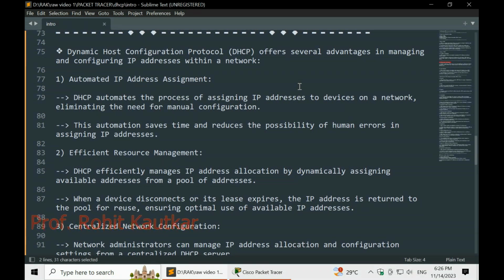Basically, as I told at the start of the video, whenever there is a larger network with which a network administrator is working, where thousands of computers are available, there might be a chance that while entering IP addresses and network configuration, they might commit certain mistakes due to which the network will be unable to work properly, and troubleshooting such errors will be time consuming. That's why DHCP is so helpful for configuring and setting up large networks. So this is the first advantage we have.